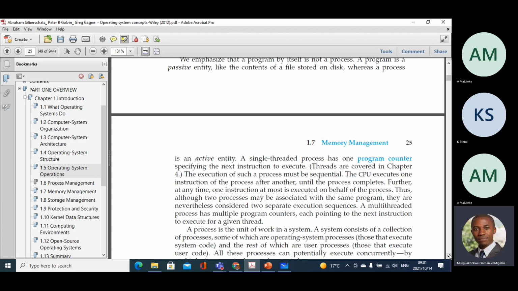A multi-threaded process, on the other hand, and I'll conclude there, is the type that has multiple program counters, each pointing to the next instruction to execute for a given thread. So a given thread has a lot of instructions that can be subdivided into 2, into 3, into 4, and they can all execute at the same time. And because we have multiple program counters, we can keep track of where we are in each portion, and when it's necessary to get results from one thread into the other because it needs it, and so on. That way we do a bit of parallel processing, but this time on a single core,